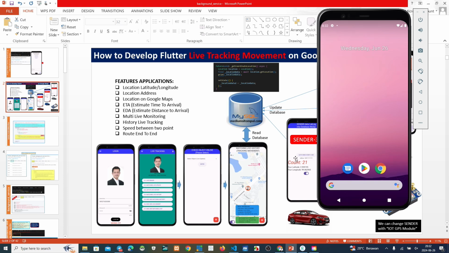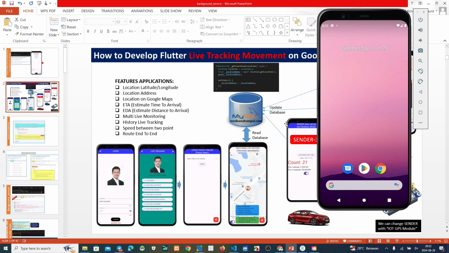If we don't use the background service, maybe sometimes no data is sent to the server because there is an incoming phone call, or we see WhatsApp, or we play YouTube and so on, and maybe it times out.